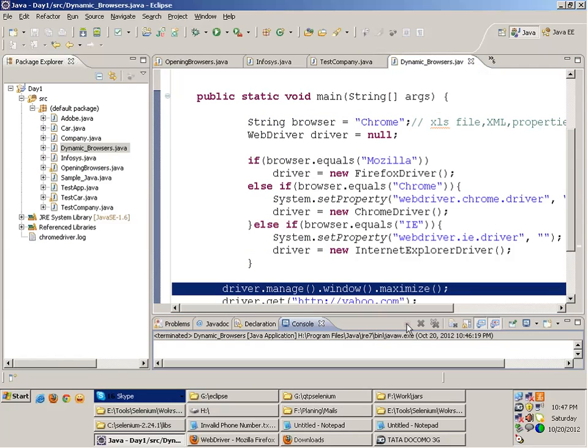Most of the people say, I want to learn WebDriver. They just go create object of Firefox driver. They don't even know what is happening in the end. They don't know these concepts. They don't know the concepts of object-oriented programming. And this is the basic reason that even after learning it, they are not able to clear interviews. Because if the interviewer is technical, he'll go into these kind of questions.